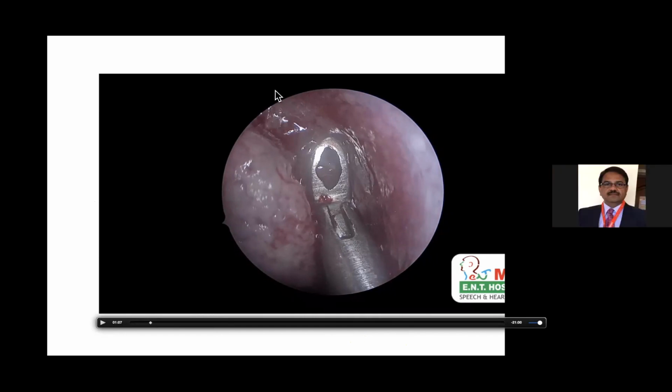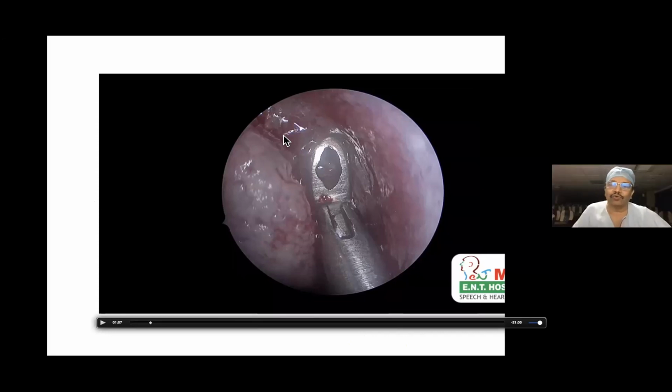When there is bare bone here, it will heal with fibrous tissue formation, and that will reduce the ventilation and drainage of the frontal. This is a very important step, to preserve the mucosa of the axilla of the middle turbinate. Otherwise, it may cause lateralization of the middle turbinate because of the pull when there is a scar. That is one of the commonest causes of failure or complication in FESS, and it's very tough to treat.